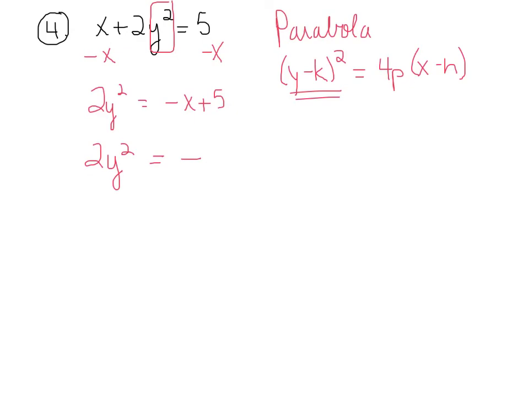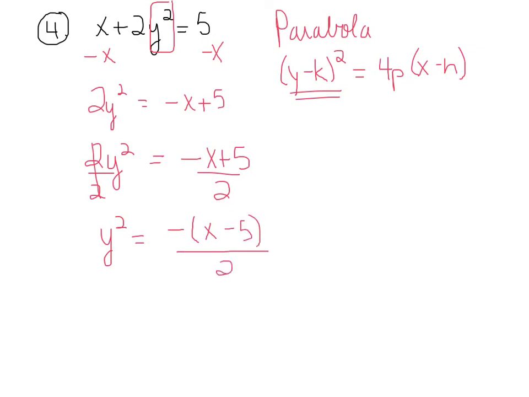And actually, let me wait to divide out that negative. Let me just write it again, negative x plus 5. The first thing we're going to do is we're going to divide by 2. Okay, and then what we're going to do is we are going to go ahead and divide by that negative. So y squared is equal to, if I divide the numerator by a negative, then I'll have x minus 5